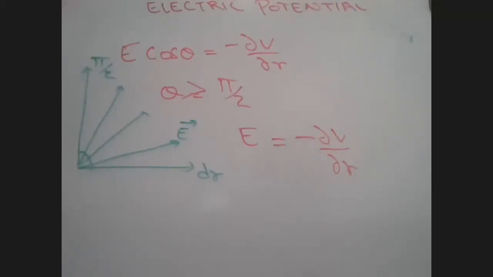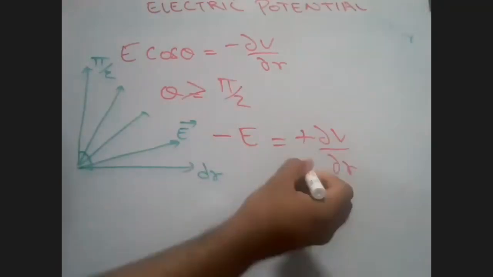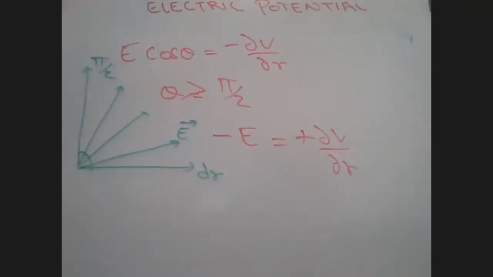Negative. So if you get a negative value of E, then the rate of potential will increase as electric field intensity decreases. You understood this? As electric field lines go in a direction, suppose I'm going in this direction, the rate of change of potential increases in the opposite direction. Is this clear? Therefore, in the direction perpendicular...